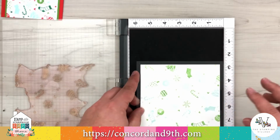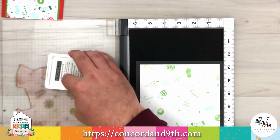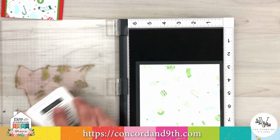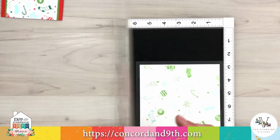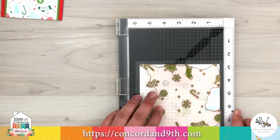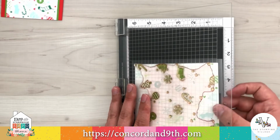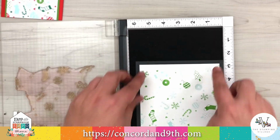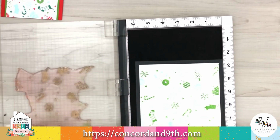Oh, you know what, I missed a little spot. That's the lovely thing about precision stamping tools in the MISTI, because you can quickly just drop a little bit more color on there if you missed a spot. It kind of halfway stamped down right there, so I'm gonna make that a little more crisp. There it is, okay, and then rotate to my number 3 up in the corner, clean off my parsley ink,